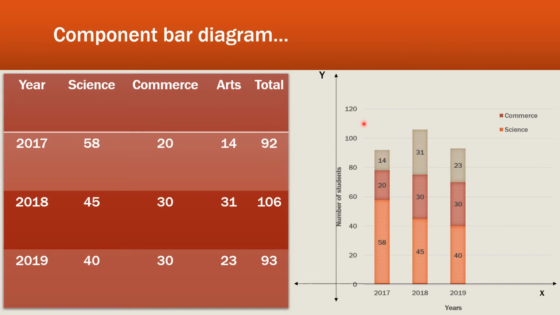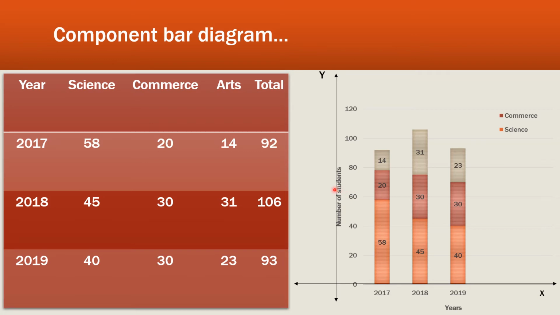We plot 92 to give us the length of the entire bar. And then we set out to divide it. How do we do that? First things first, we put a line. We use the frequency of the number of science students in that year and put a line there at 58, corresponding to that value on the